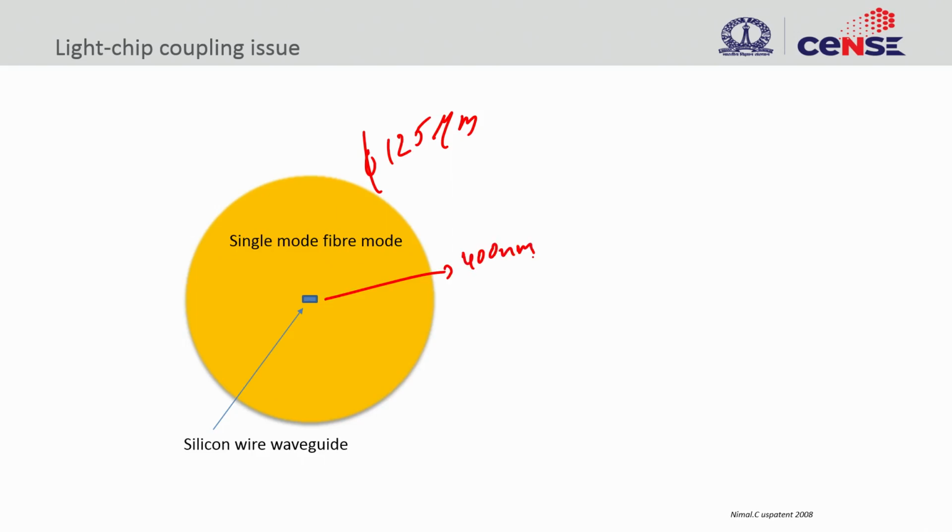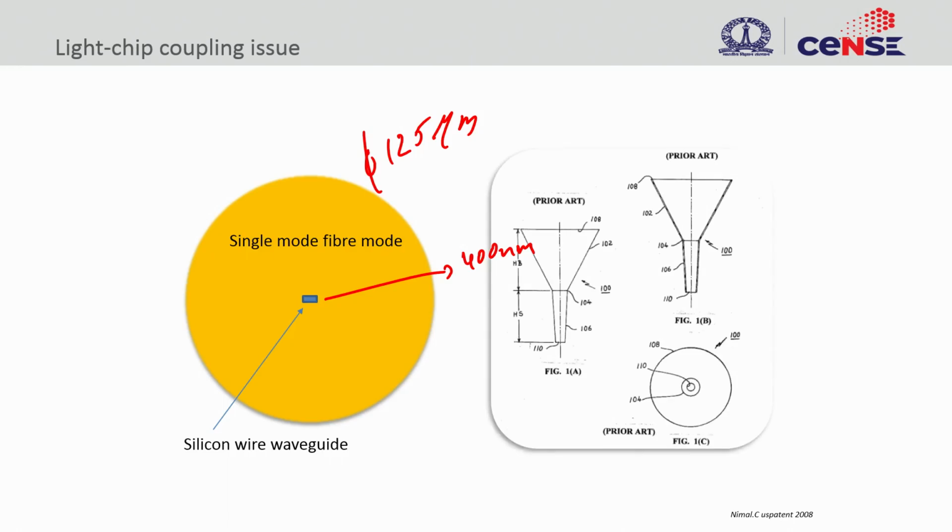So, how are we going to move the light from this very large cross section mode into a very small one? If you look at the mode profile, you are going to have a mode like this and couple it to a mode like this. The same coupling problem applies here as well. If you remember, we discussed coupling in detail. If you do the overlap integral, it is going to be very poor. It is going to be 0.01% is what you are going to couple in.